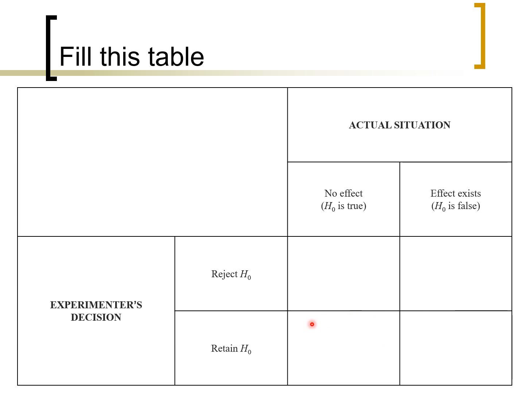And then the same goes for this one too. Even if you fail to reject the null, that's a good thing, of course, if in reality the null is true. You don't want to reject it if it is actually true. So this is the case where you don't get married to someone and it turns out that, well, it would have been a bad marriage had you done it. So good job. Now the other, our beta error is right here, where you fail to reject the null, but it turns out there was an effect.